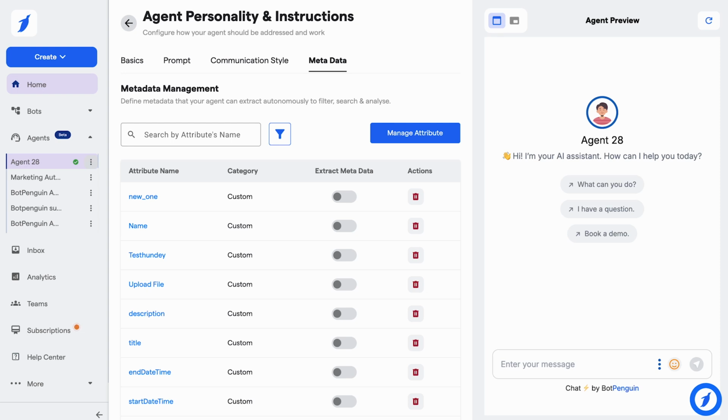Your agent is good to interact with the customers, and you can change any settings from here and just give it a try. And if you need any assistance, you can simply reach us at